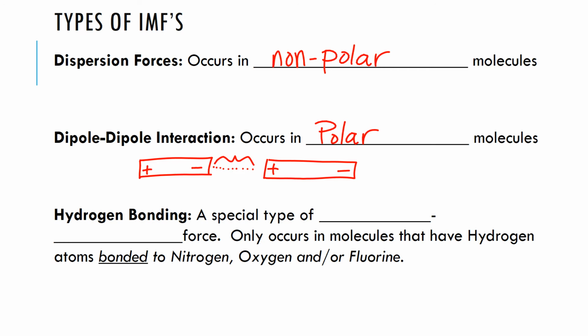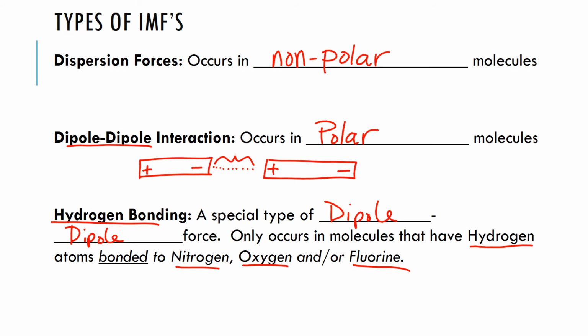Now, next is hydrogen bonding. Now, hydrogen bonding is actually a type of dipole-dipole force. All right, but a special condition must be met. Hydrogen bonding will only occur in molecules that have atoms of hydrogen bonded to nitrogen, oxygen, or fluorine. So if you're asked to identify the strongest intermolecular force in a compound, you have to look at the bonding as well, because if it's polar, it could have dipole-dipole as its strongest, or hydrogen bonding if it contains one